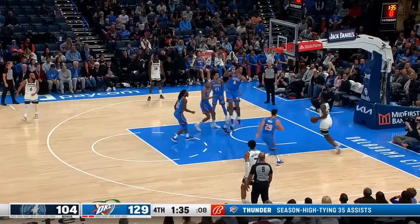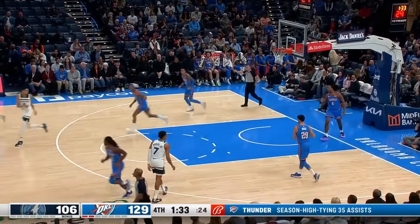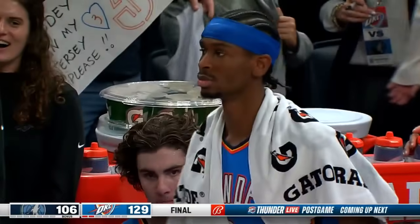Minot nearly had it stripped away by Cason Wallace, and he will give it up to Miller. This one, a solid victory. Well, there were some key points we talked about, in the beginning. You got to battle the bigs. They certainly did that. Knockdown 3. You just pointed out the Thunder